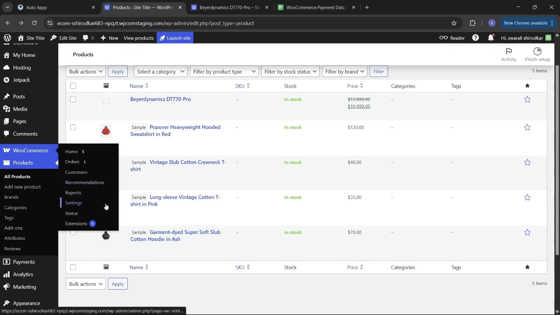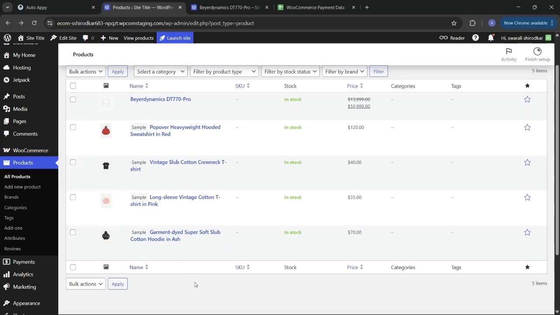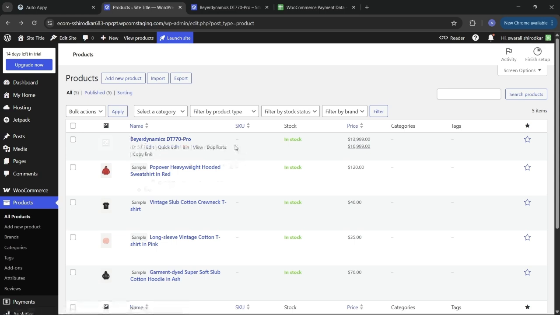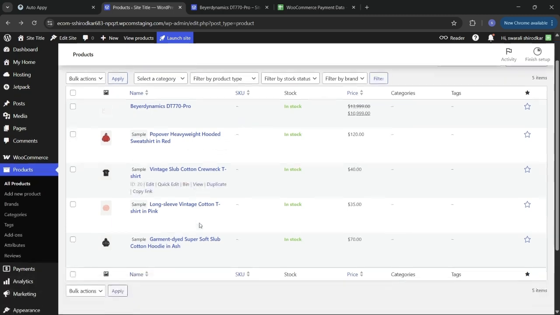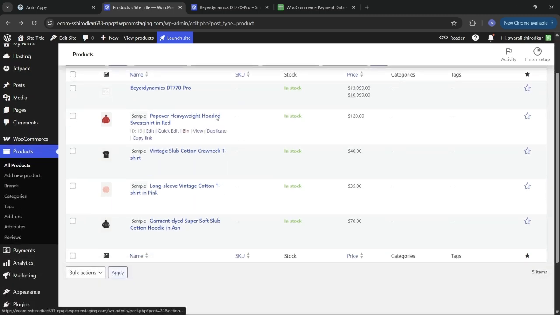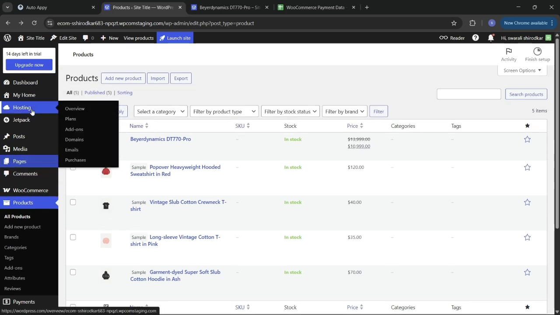So firstly we will have to have a product created. For that we will have to go to the products and create a product. Since I have already created one product here, you can see Beer Dynamics DT770 Pro. You also need to have similarly some products created, or you can always go and select from the sample products given. And you need to go to the settings section of the WooCommerce and add a payment method